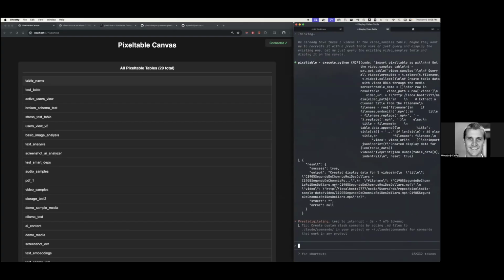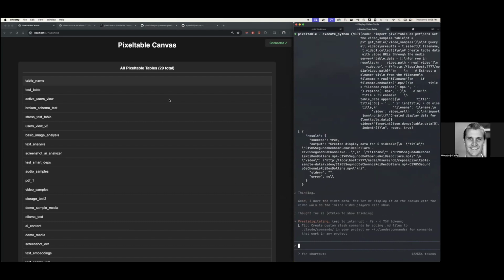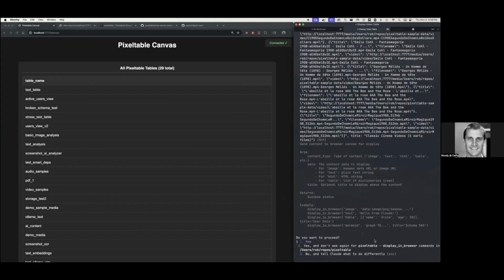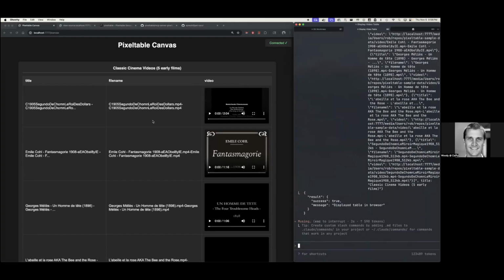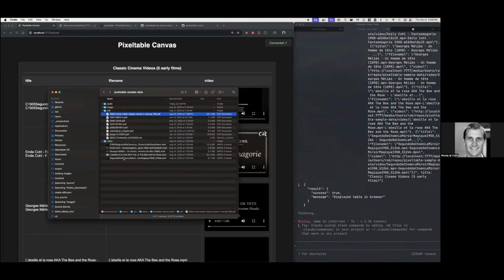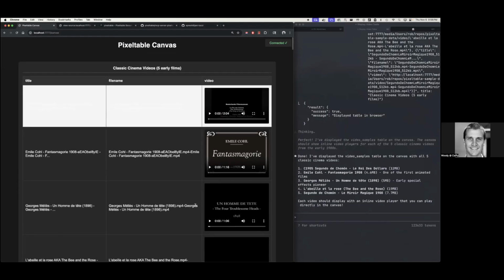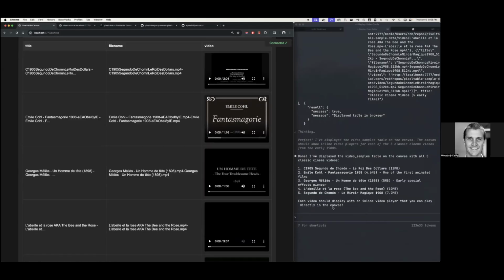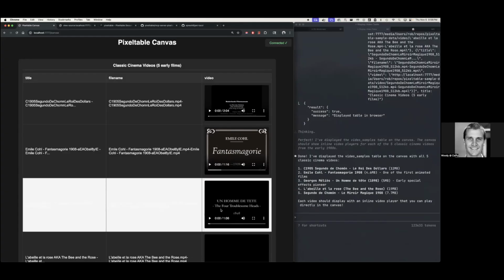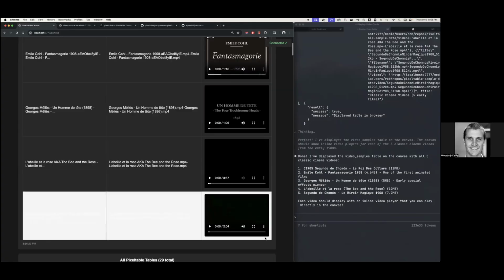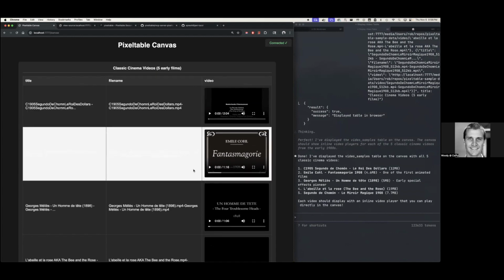And it's just going to go grab those videos from my local file system and add them in, and then create a table from this. I haven't actually tried this yet, so hopefully it'll work. I think it will. Yeah, there we go. So it just added those videos from over here into Pixeltable. And then if I want to run a model on these or do a detection, I can just ask for it. I haven't worked as much with the video features, but it works great for the audio and